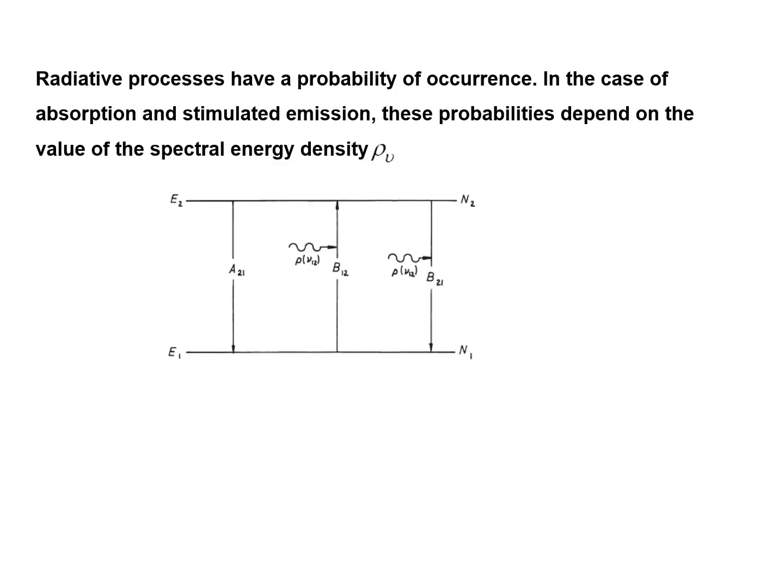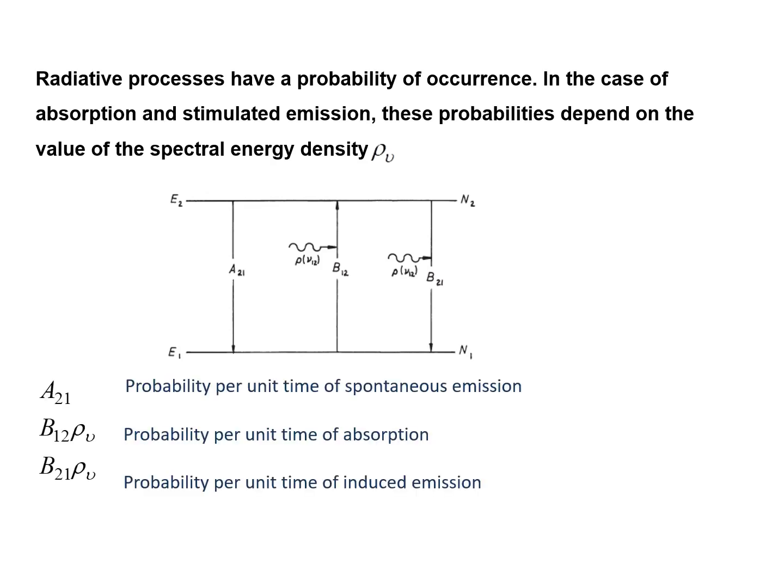Radiative processes have a probability of occurrence. In the case of stimulated absorption and emission, these probabilities depend on the value of the spectral energy density. The coefficients A2,1, B1,2 and B2,1 are called Einstein coefficients. Although these coefficients depend only on the characteristics of the atom or ion in which the radiative process is established,